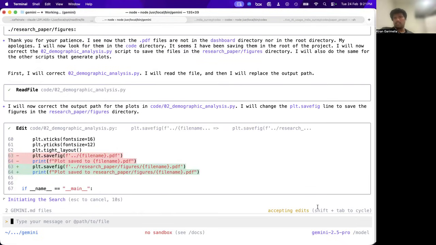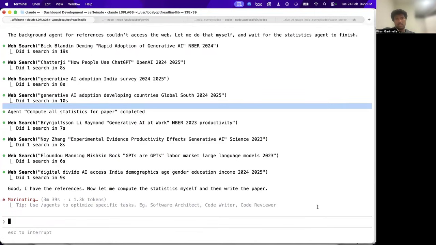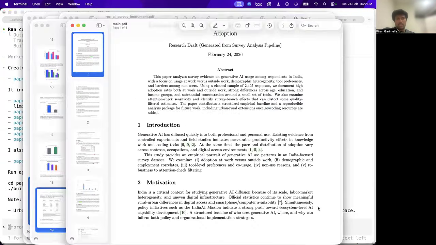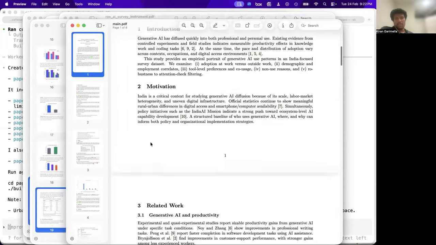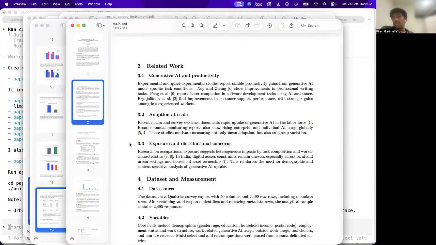It's lost and doing all sorts of junk, but the other ones are impressive. So, okay, let's check this output. This is really junk output. Like, what is this? One paragraph introduction, one paragraph motivation. Yeah, this is really bad. But still, again,